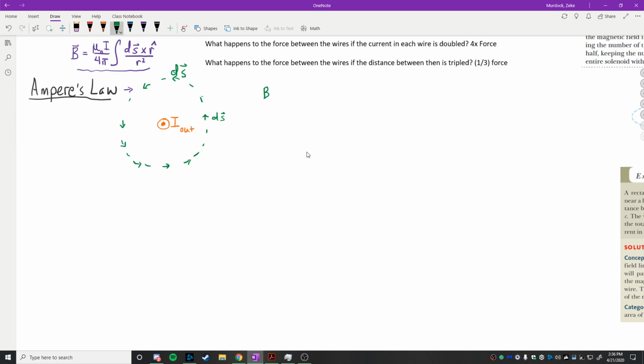We could integrate the magnetic field around that path, a closed path like this, so a closed line integral. And what Ampere's law states is that this should be equal to mu naught multiplied by the current that is enclosed by the path. So I enclosed represents the current, okay, that flows